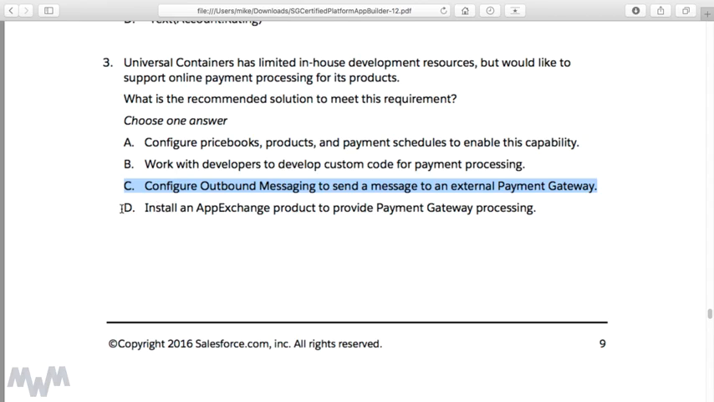And then the fourth one is you could simply install an AppExchange product to provide payment gateway processing. And so what they're getting at here is that one of the core things as it relates to the AppExchange on the Platform App Builder Certification exam is they just want to know, and when I say they, I mean Salesforce, they want to know if you understand the use case for leveraging the AppExchange. And so I really want to highlight the key phrase here in this question is that Universal Containers has